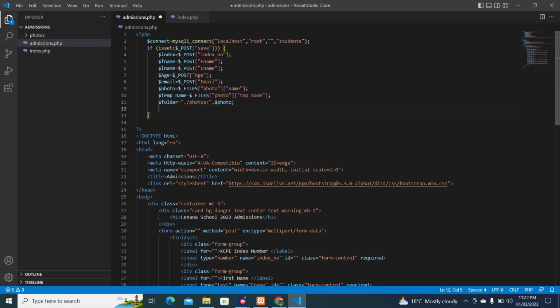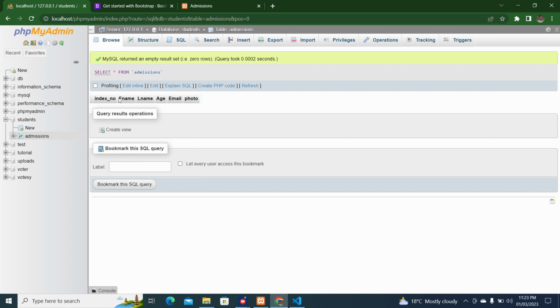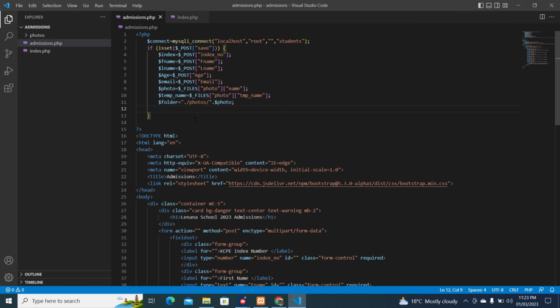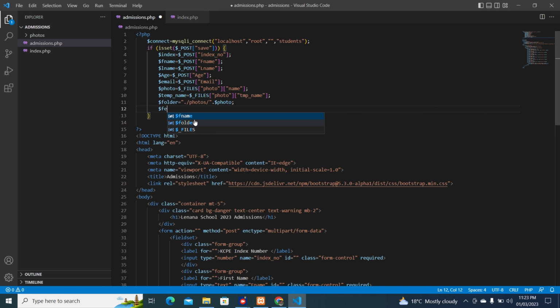So let me now start saving this user, and I'm going to save if the index number is not empty. If you give an index number that is empty, then that one is going to be bad. First of all, before I save, is there any student who is existing in the system here? So you have to check. So I'm going to create a query that's going to fetch the user that is existing, the student that is existing. So you can have fetch existing